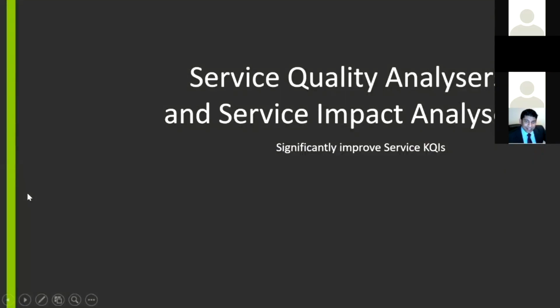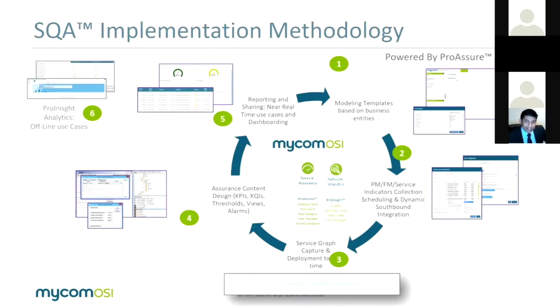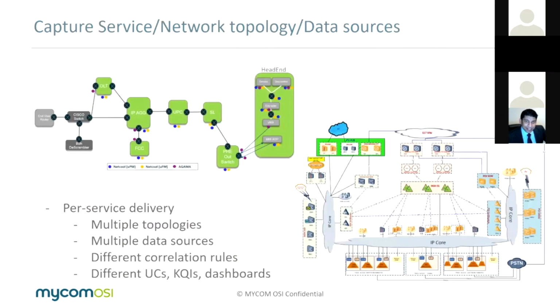So then we move into the area of service quality analysis and service impact analysis, which is pretty much going from a network to the service domain, where we get into the next notch of looking at the service models and how the network-related KPI degradations are impacting the service KPI degradations, if you like. And this is where we capture the entire network of network and service topology, which consists of different technologies, different domains, and so on. As you can see, this is an example of an IPTV service that we monitor